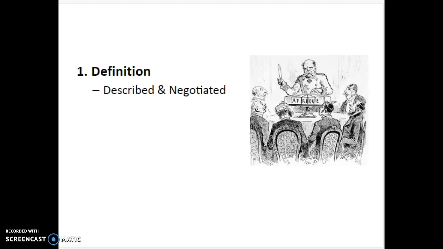All right, the first step in boundary making official boundaries is the definitional process. This one actually can be one of the most difficult processes, the portion, excuse me, because this is when you actually have to sort of sit down at the table and necessarily describe where the boundary will fall, and it's something that has to be negotiated between the different states.